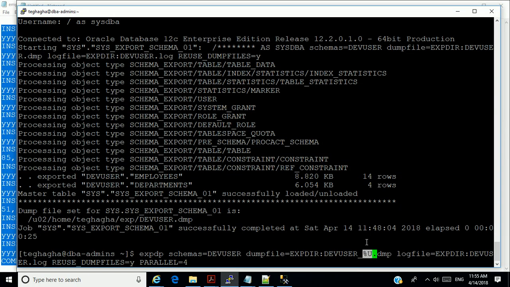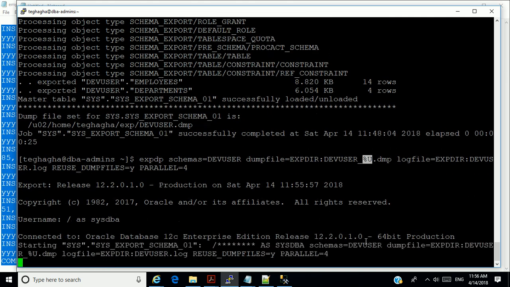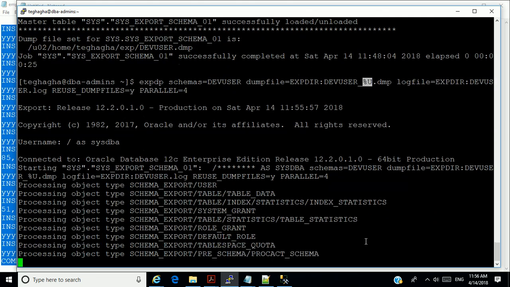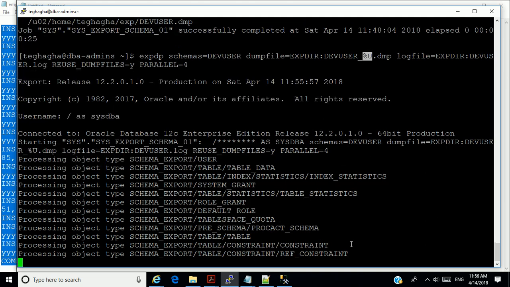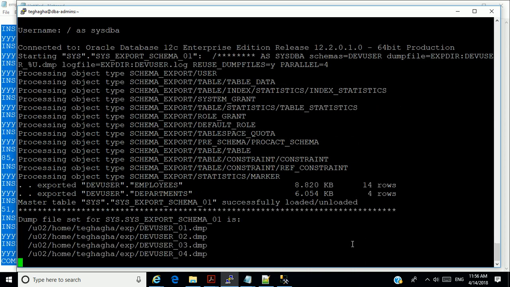And we're going to see from this example. I'm going to run this command. So have you noticed now?